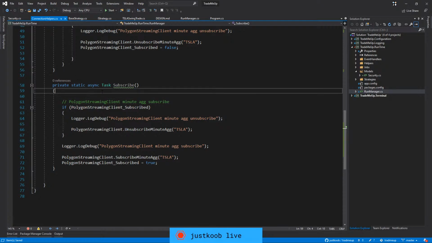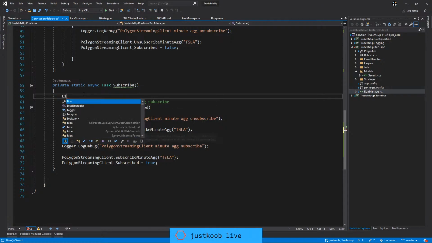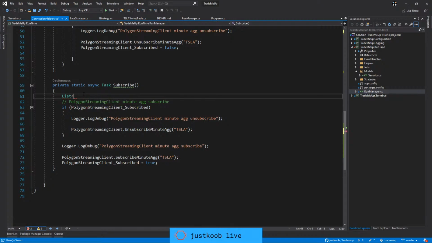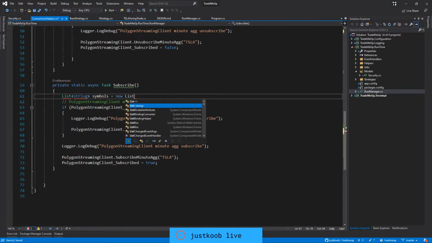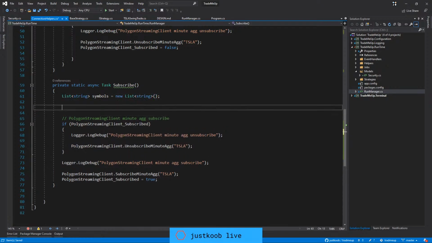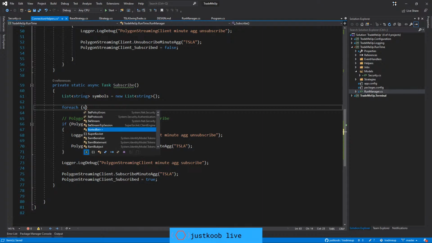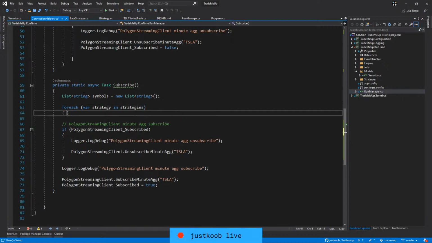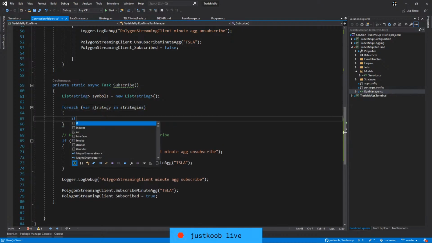So we can just, I guess, check. So we'll just loop through them then. Let's do var symbols. No. List of string symbols. That should be fine. For each var strategy, if